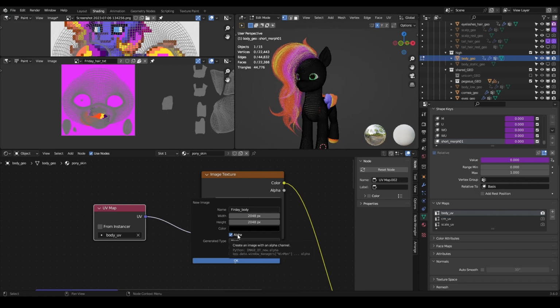Alpha means do you want to have transparency in your image? In my case, it doesn't hurt to have it, so I just leave it there. You don't need to worry about these. I mean, these are presets, but you don't need to worry if you're going to paint it yourself. Color, it's going to start black, but that's fine for me. I press OK,